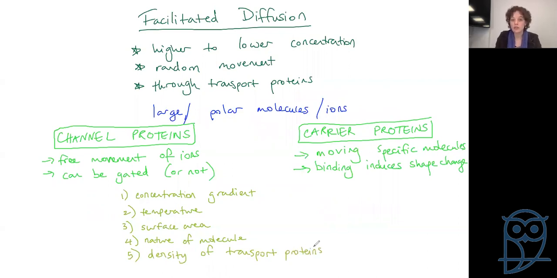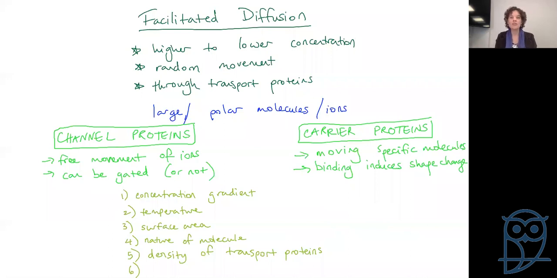Are there a lot of transport proteins? Because it doesn't matter if our surface area is enormous if there's only 3 transport proteins. Enormous surface area, small surface area, if they've got the same number of transport proteins, it's less of an effect. However, in general, when you increase your surface area, you would increase your transport proteins. If it was 10% of your surface area, it's 10%, it's still growing. So surface area is still affecting, but we've got this added level of what's our density of transport proteins,